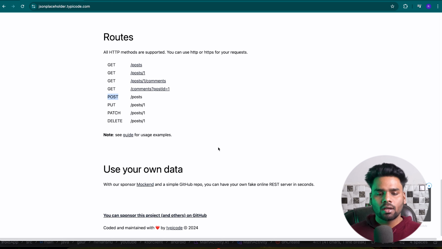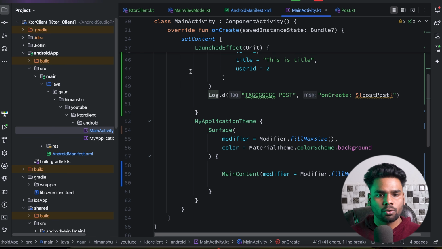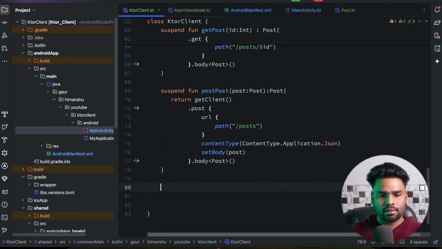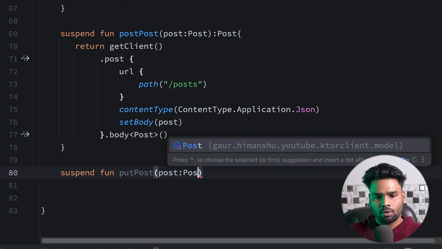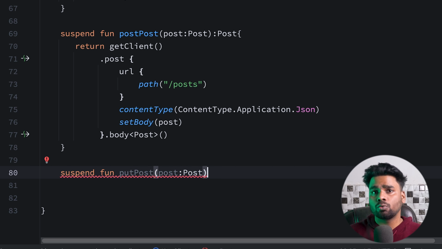So for the put, if you want to replace all of your post body information, you can use put. In patch we can replace a single or multiple parameters or key value pairs within our post body. So let's see how we can perform the put request first. For that, go to your Ktor client, and in this Ktor client I'm going to use a suspend function and call this put post. Simply pass your post, because put is actually used to replace the existing body from your backend with the new body that you have been passing from your front end,